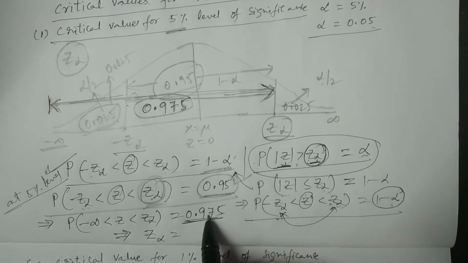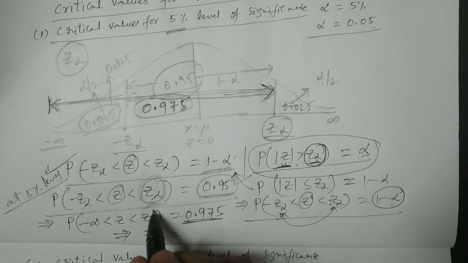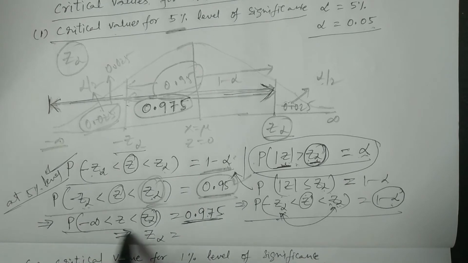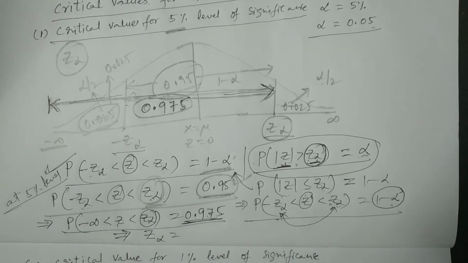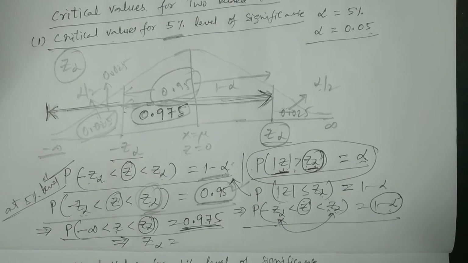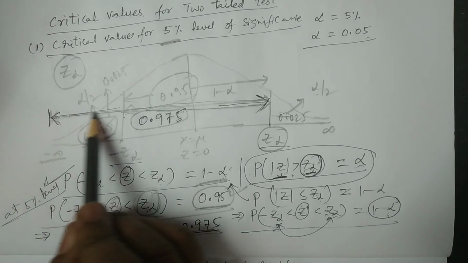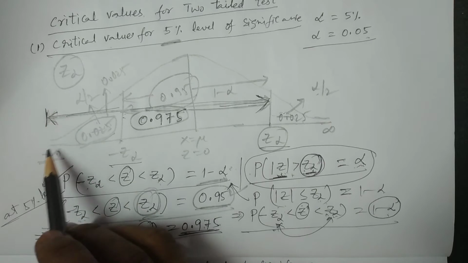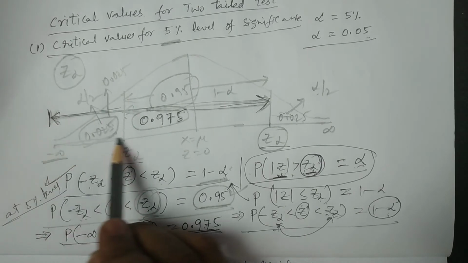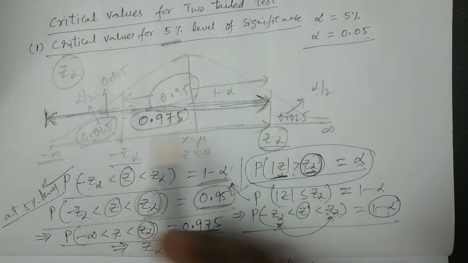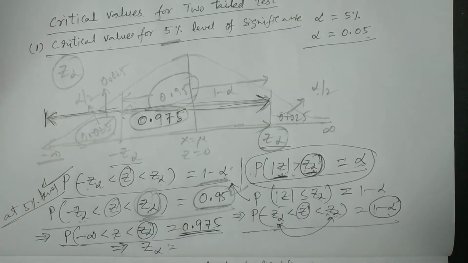If you see the area, we can calculate Z alpha. From this, probability can only be obtained from the standard normal distribution. That is my argument. Hope you understand. This area, from minus infinity to Z alpha, can only be calculated from the standard normal distribution. Now I show the tables, so that you can easily understand.